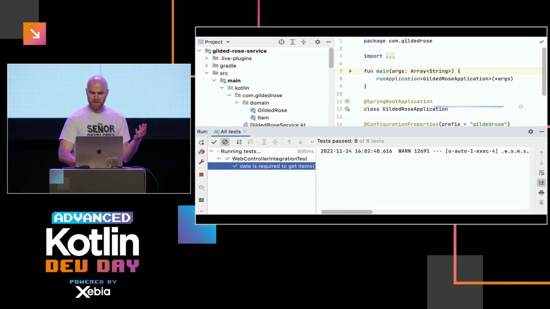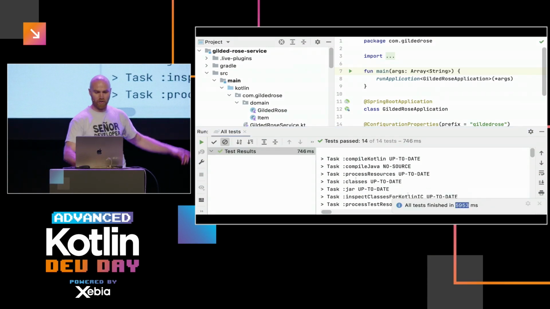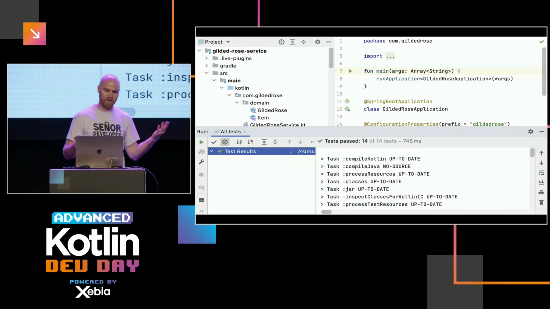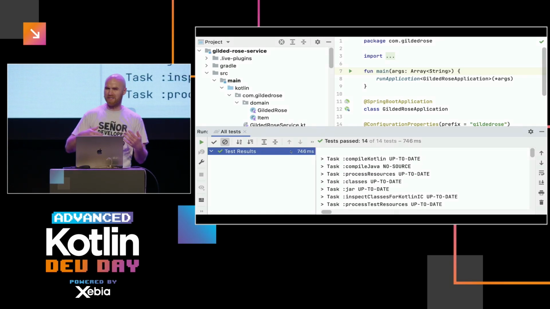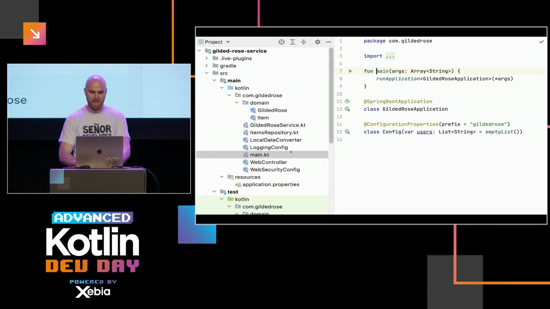It definitely took quite a few seconds. I think it took more like 6 seconds, although IntelliJ shows me it was less than a second. So I'm sure it's lying, and that's why I wrote a small extension which checks the actual clock time it takes the task to complete. To be fair to IntelliJ, it probably just shows the time of all the tests, but it doesn't count the setup that Gradle takes and so on. So anyway, this is where we are.